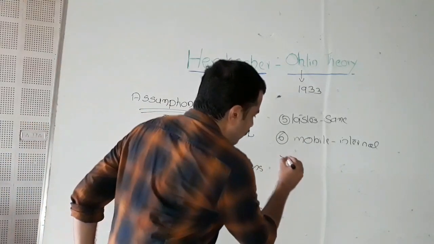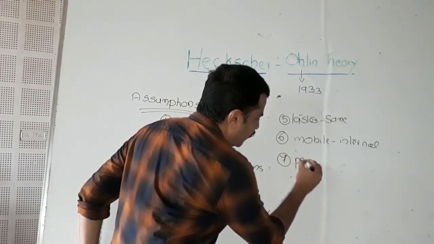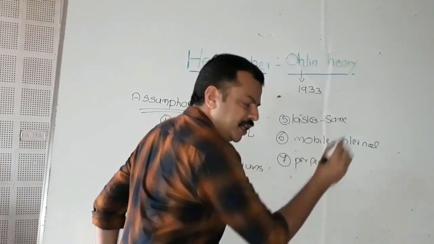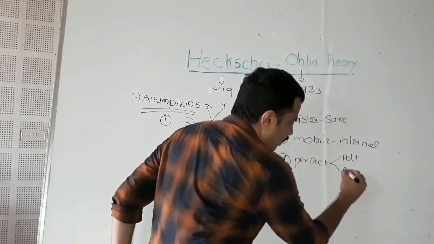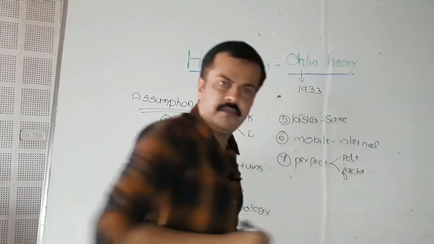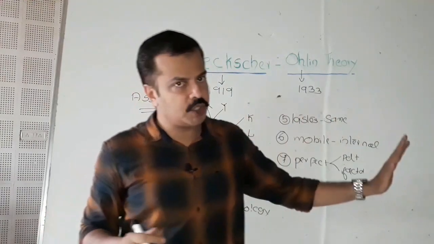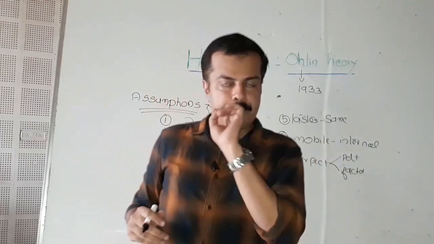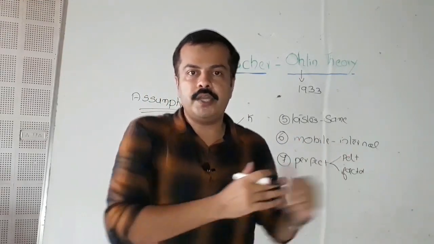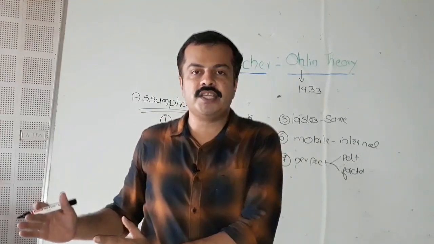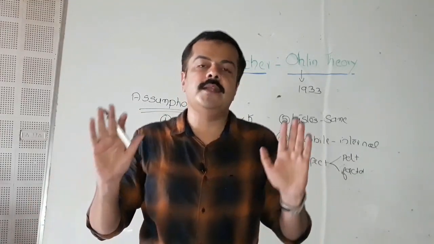And the seventh assumption is that there is perfect competition, in both product as well as factor markets. We have two products, commodity X and commodity Y. We have two factors of production, capital and labor. Both these markets, that is, the market for commodities and the market for factors of production, are assumed to have perfect competition.